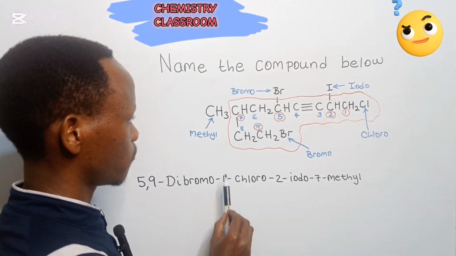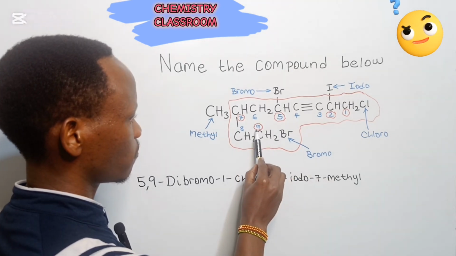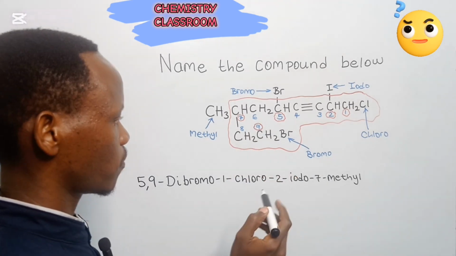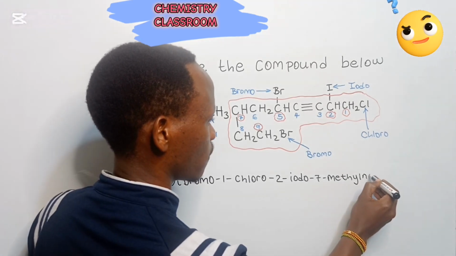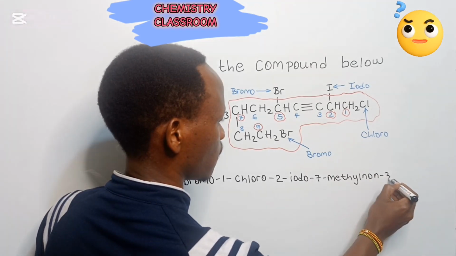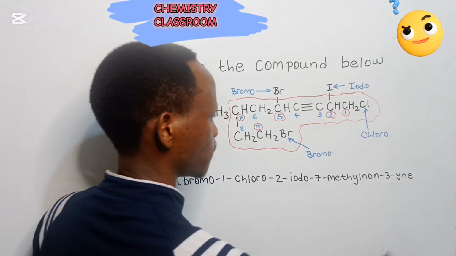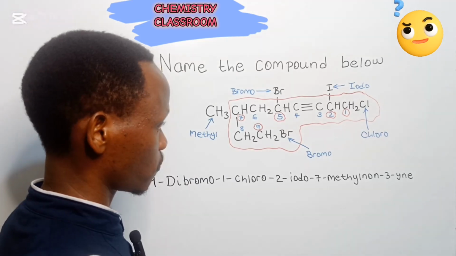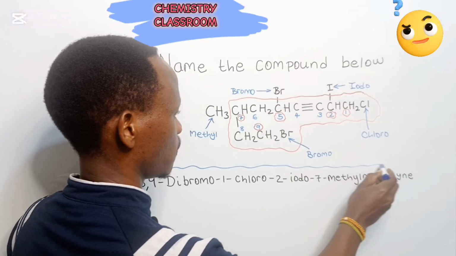So the remaining part, we are going to write down the parent name, which by the way corresponds to a 9-carbon chain alkyne. So the parent name or the parent chain is, and then on position 3, we have our triple bond. As simple as that. For matters of emphasis, I will encircle the obtained name here